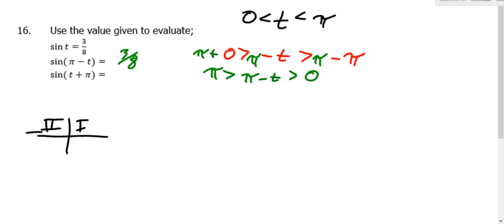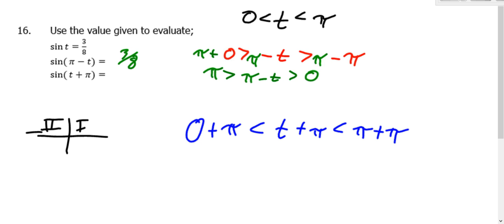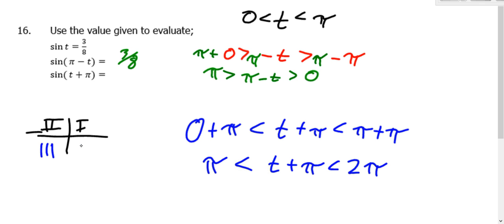For t plus pi, you do the same thing. You start with our same inequality, and then we just have to add pi to it. So that's 0 plus pi, t plus pi, and pi plus pi. So now that tells us that our new angle is between pi and 2 pi, which means it's in quadrant 3 or